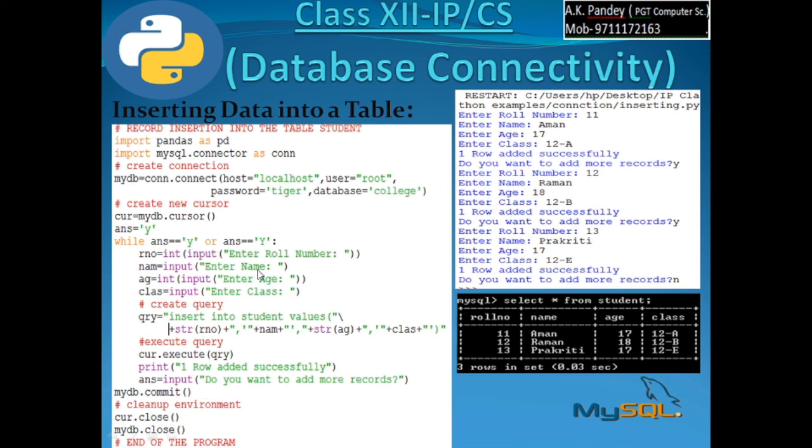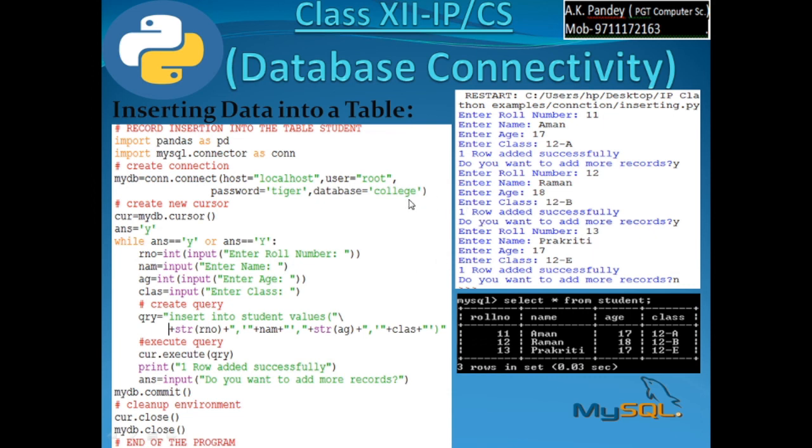यहाँ पर आपने एक लूप का भी इस्तेमाल किया. Through this loop, although simply you can insert one record by just writing the insert into query command for a specific value, but here through this loop you are able to insert as many records as you want into the table. So that's all about today's class.